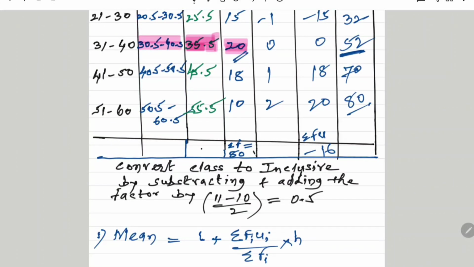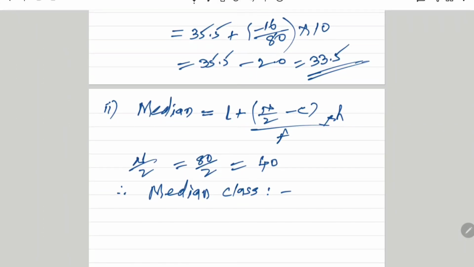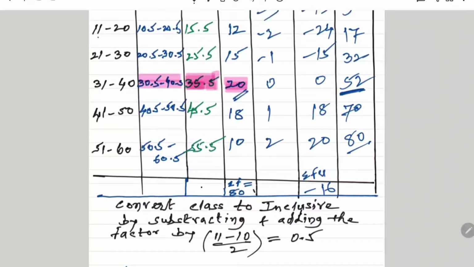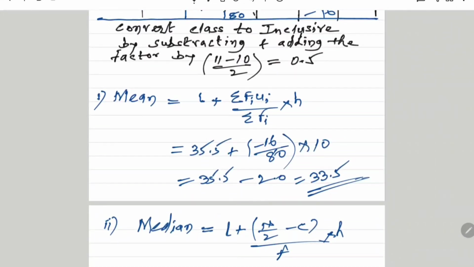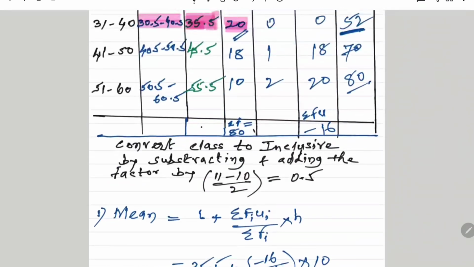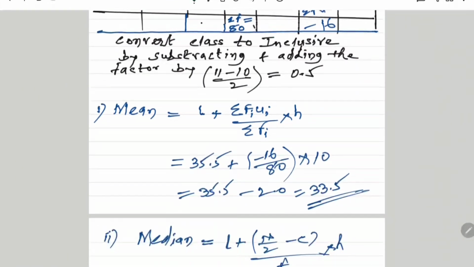Therefore, that 52, the class is 30.5 to 40.5. And then median is equals to lower limit of that class is 30.5 plus n by 2, the value of n by 2 is 40, minus C, cumulative frequency of the preceding class, just preceding to that class. Therefore, that value is 32 from the table. Therefore, 40 minus 32 divided by frequency of that median class. Therefore, frequency of that median class is 20